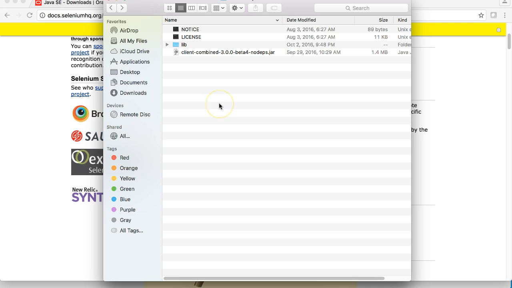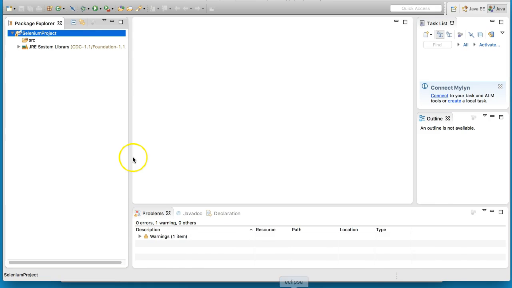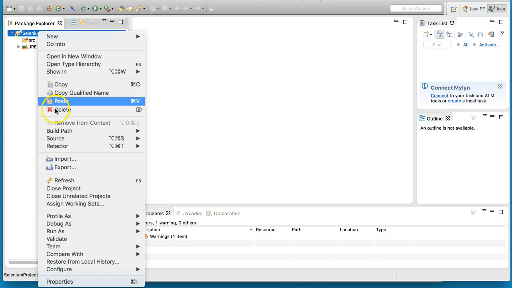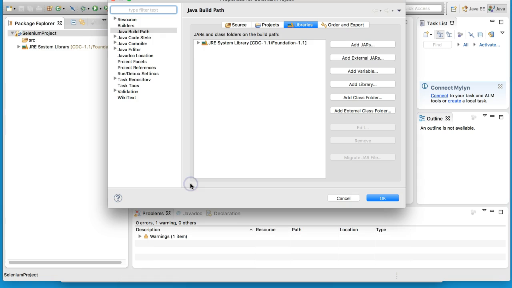In order to configure Selenium, we want to add all the jar files to our Eclipse project. So go to Eclipse again, then from the project right click, go to build path. From there, go to configure build path. Once you click on that, go to the libraries and click on add external jars.